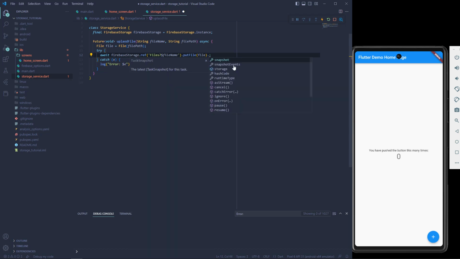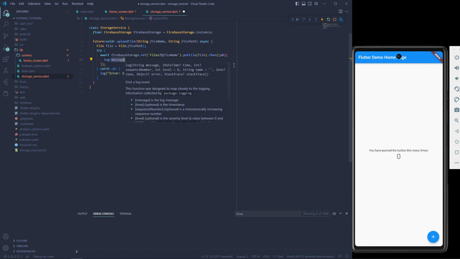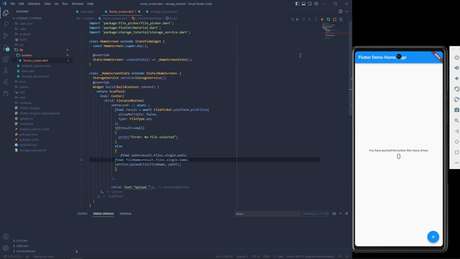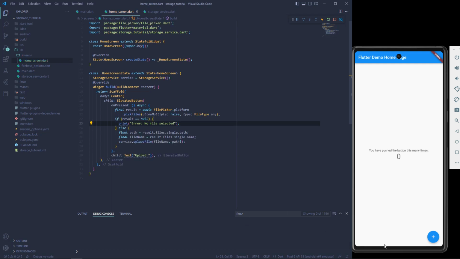when, then, and then we can log that completed, or we can say it as uploaded. Okay, let me just check what's the error in here. So apparently, this is the error. So if I just provide it,